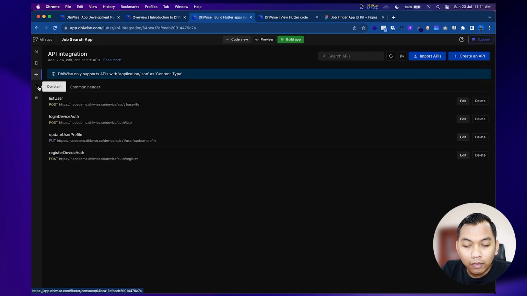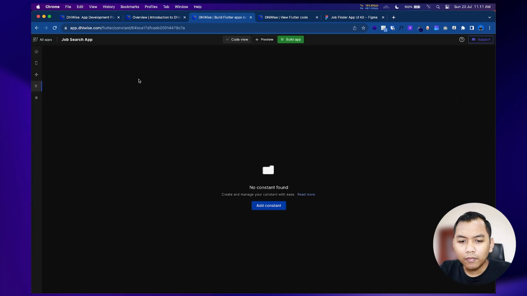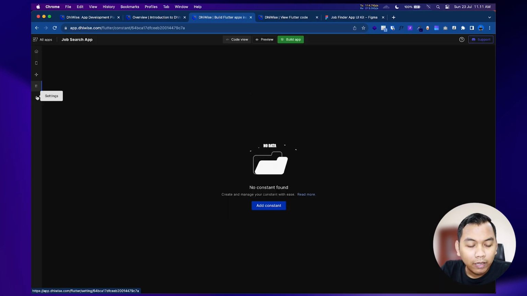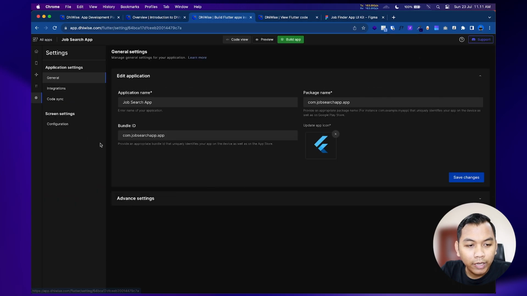Here we also have constants, and we can create a constant for our app. And here we also have settings. We can change the application name and package name.